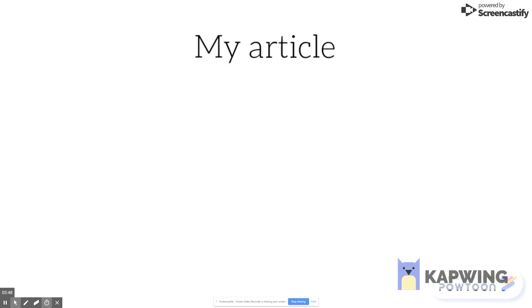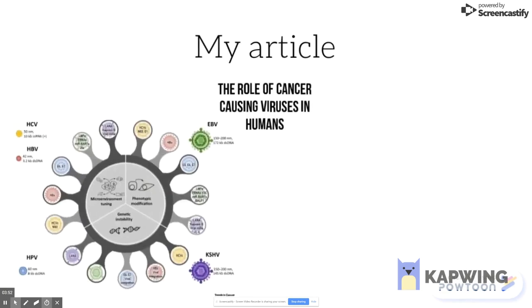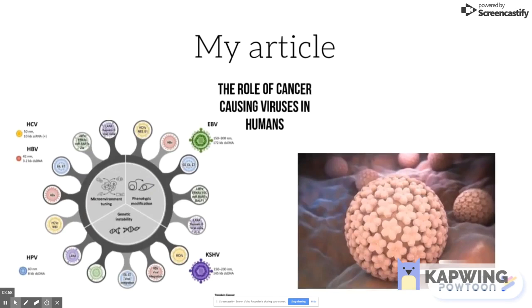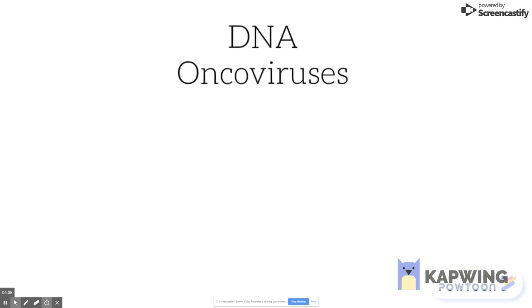Lastly, my article was about viruses that cause cancer and tumor growth within humans. They are known as oncoviruses and can be either DNA or RNA viruses. They work together with other cancer-causing factors such as air pollution, smoking, etc., and together will attack your living cells, such as tumor suppressors and cell regulatory cells, which cause abnormal growth of the cells.